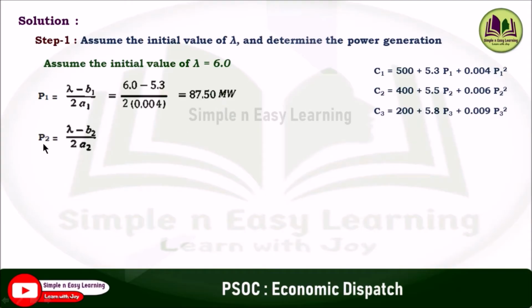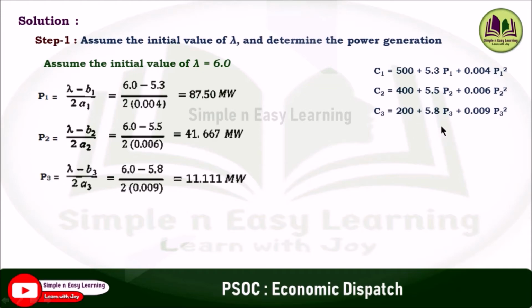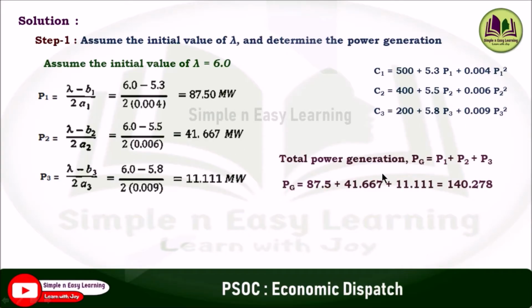And for the second unit, P2 equal to lambda minus B2 by 2A2. So 6 minus 5.5 and A2 is 0.006. You'll be getting 41.667 megawatt. Similarly for the third unit, 6 minus 5.8 divided by 2 into 0.009, that gives you 11.111 megawatt. So now the total power generation, adding all the values P1 plus P2 plus P3, you will be getting 140.278